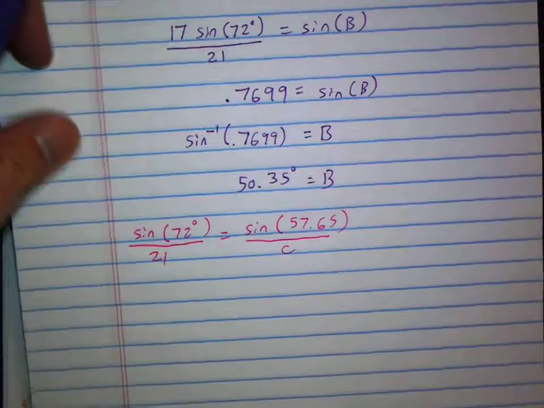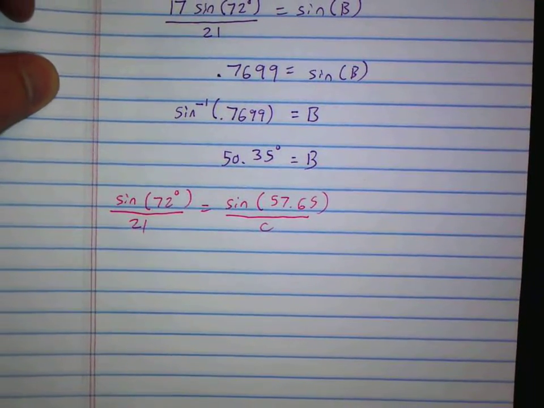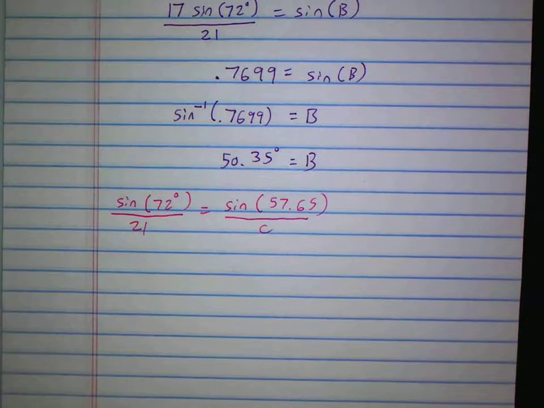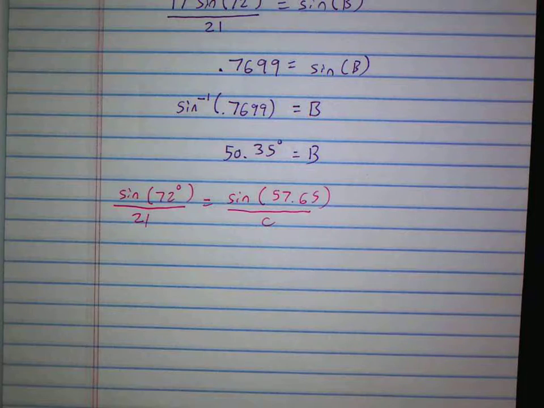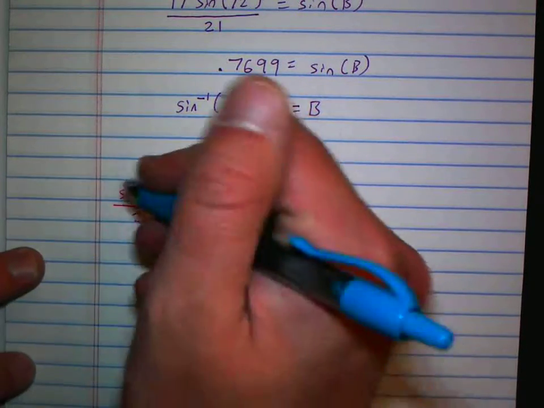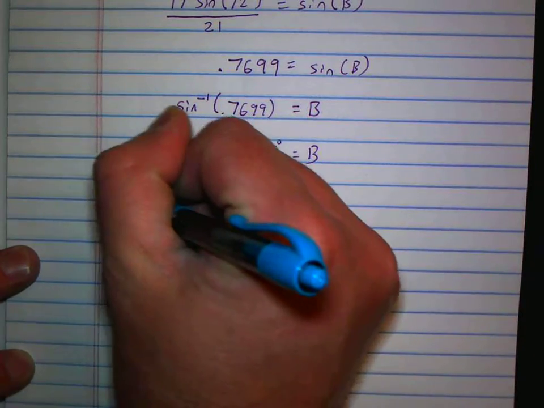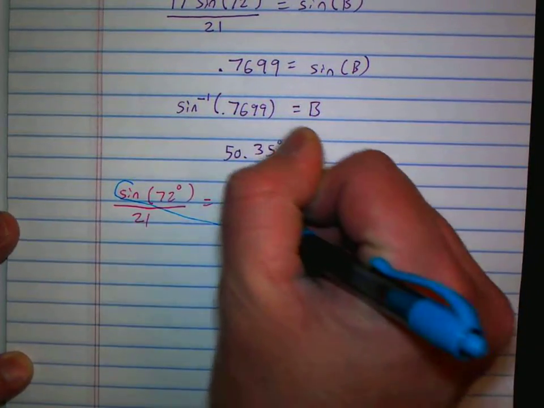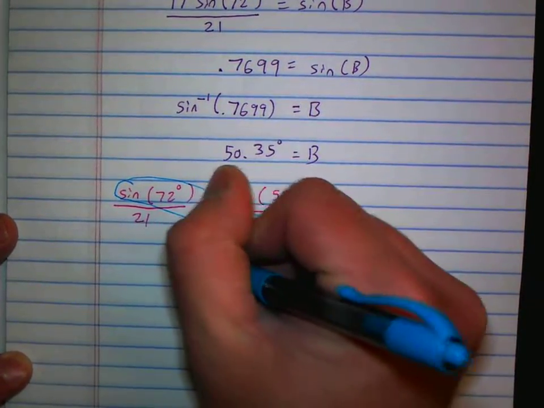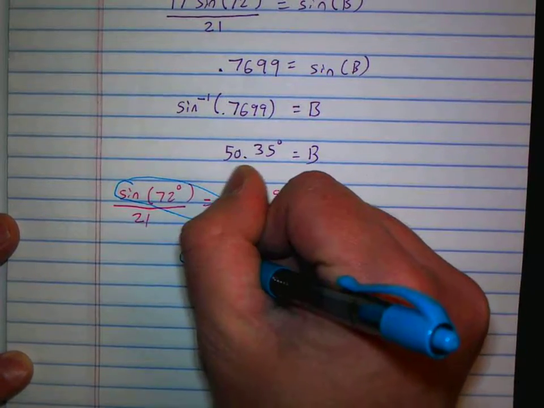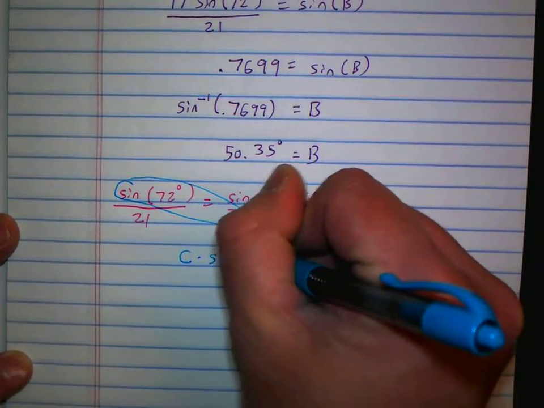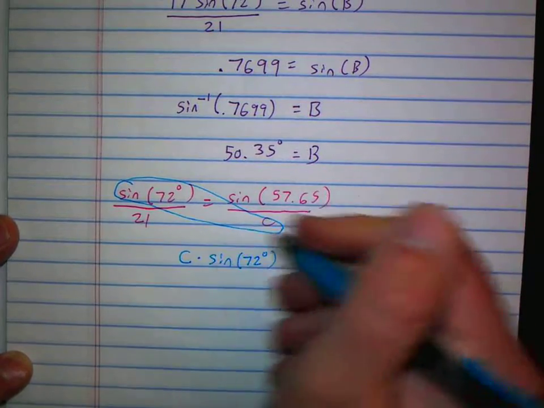Okay. Now I need to solve that proportion, right? And then that'll tell me side C, and then I'll be done. Cross multiply. I get C times the sine of 72 equals,